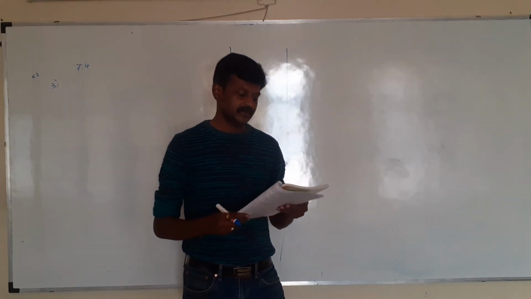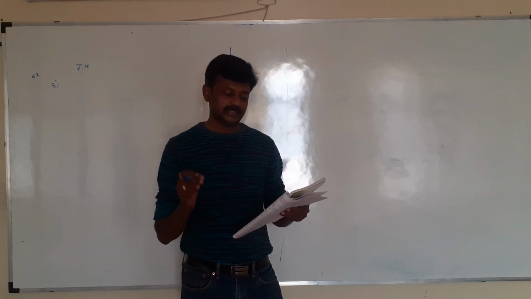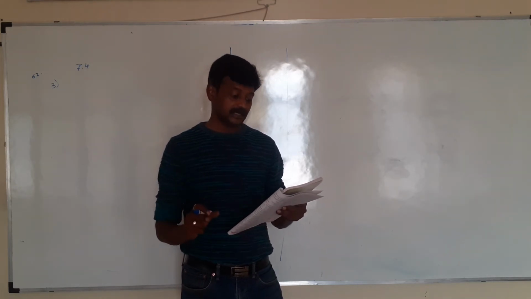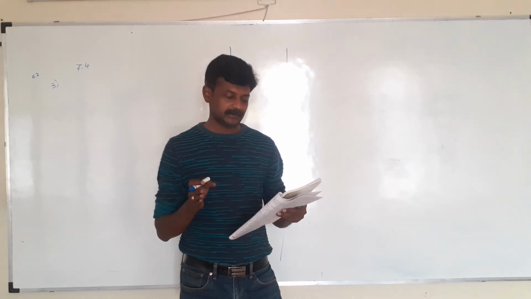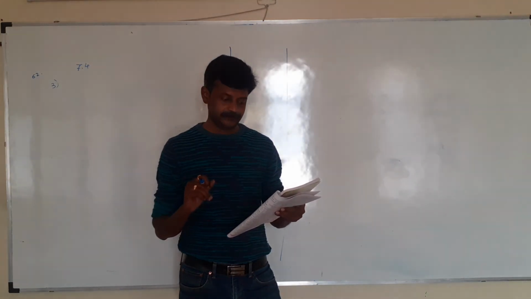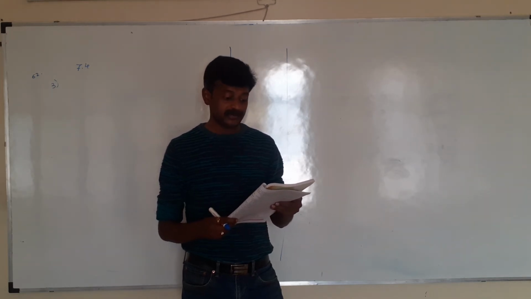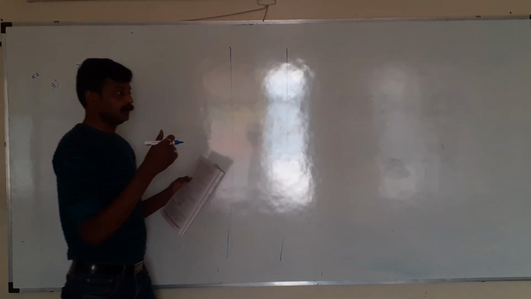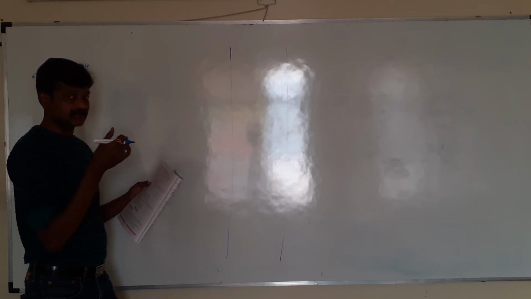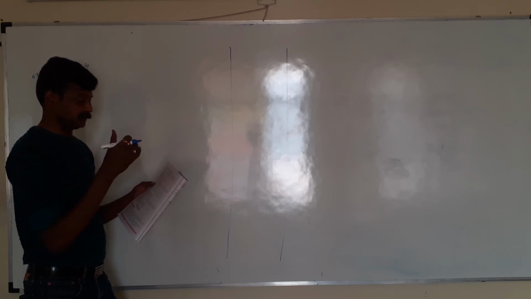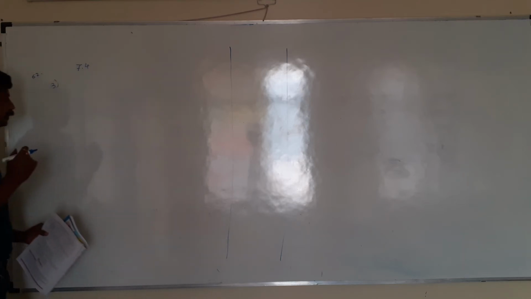Second point. Next, take the classes 0 to 10, 10 to 20 and prepare a frequency distribution table and cumulative frequency table of more than or equal to type. First we have to prepare a frequency table by the given classes 0 to 10, 10 to 20. Then we have to find the cumulative frequency more than or equal to. More than or equal to means cumulative frequency more than the lower class limit. Then we have to start with addition from bottom to top.